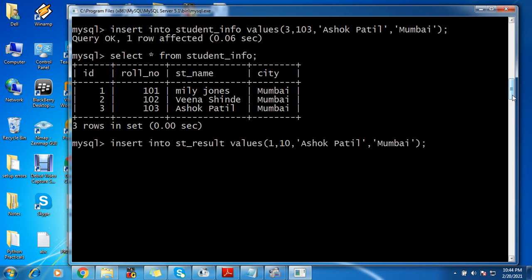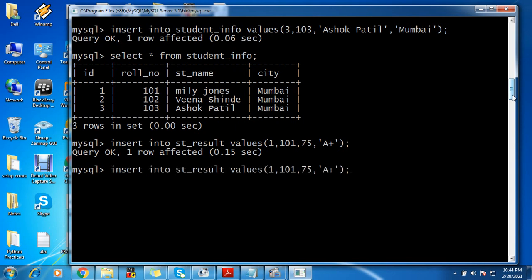Yeah, so roll number 101. Now this table only is going to accept percentage and grade. So percentage I am giving maybe 75, grade will be A plus, and enter. So this row got inserted.